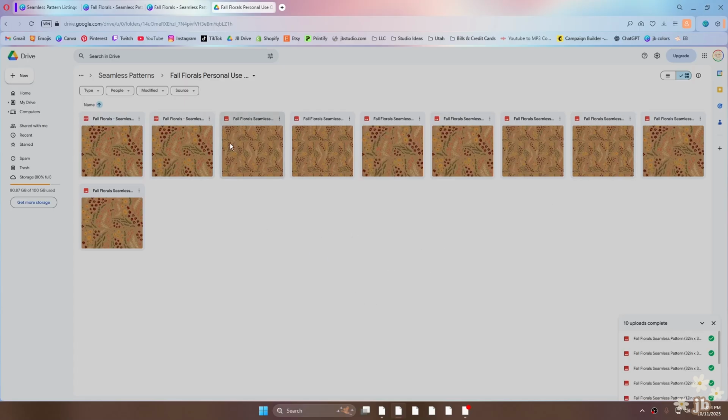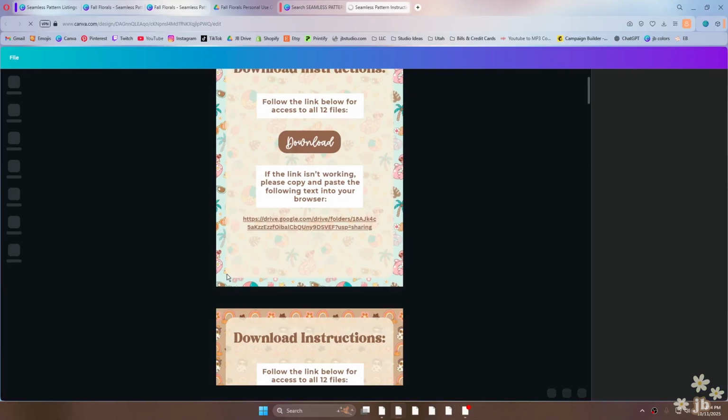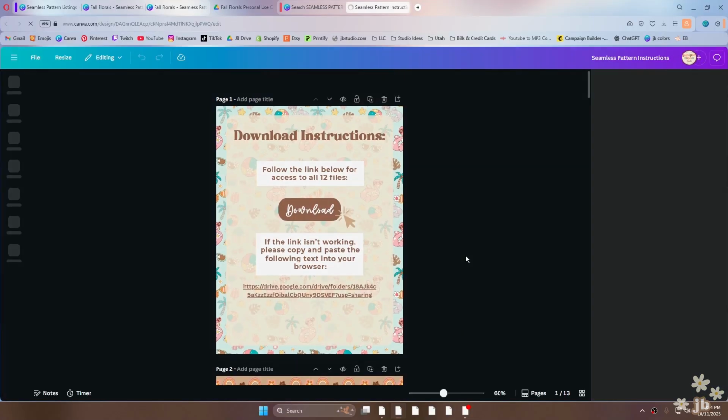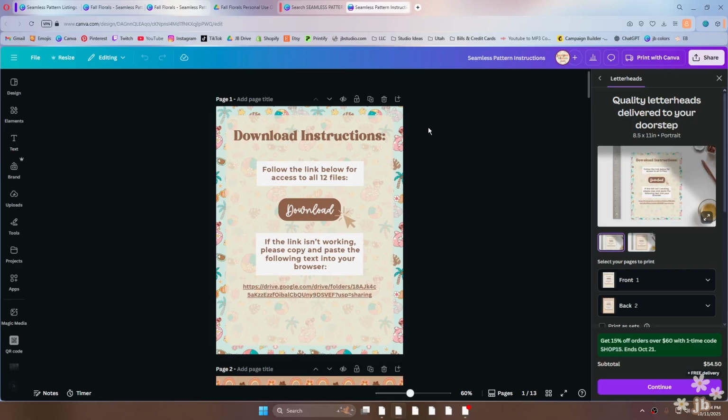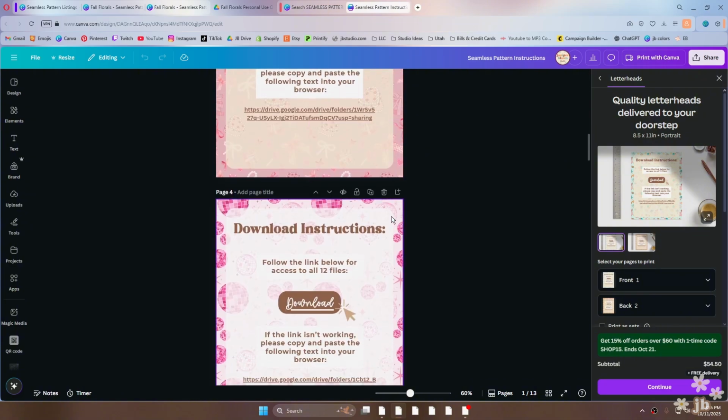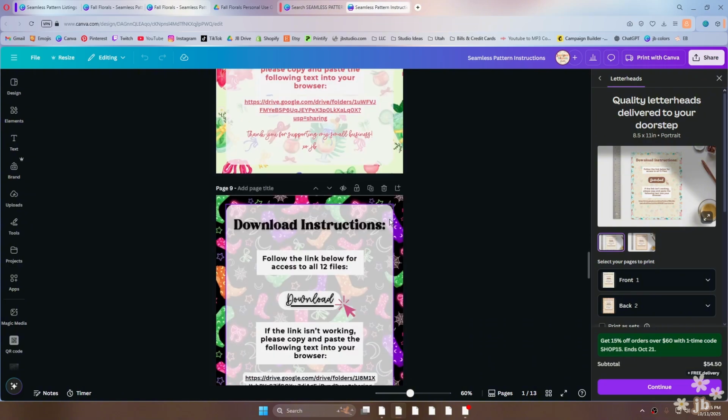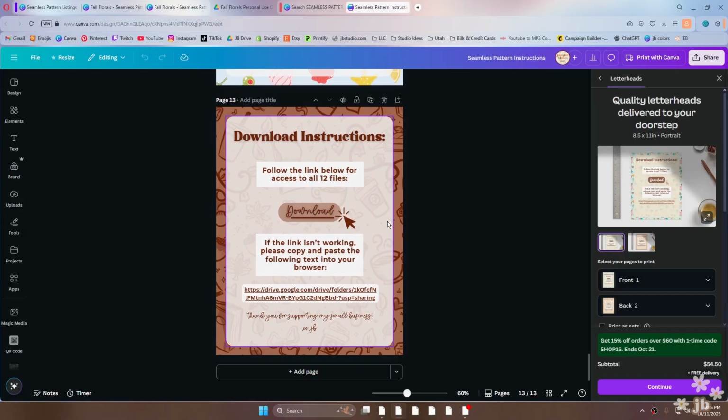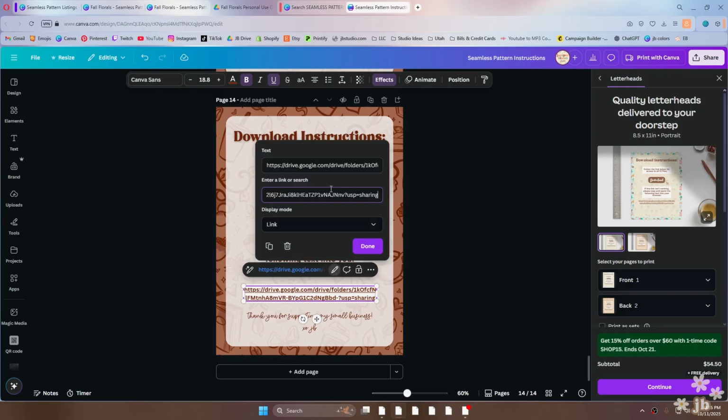So now that we've got this whole folder, there's another step that's a little bit nuanced, and we are going to say share, copy link. Obviously for you this will be blank, but what you want to do is do any size that you want, but I like to do a paper size because it's a PDF and it just feels like it should look like a form. As you can see, I have the download instructions for all of my different things. So we're going to copy this, gonna edit this link,